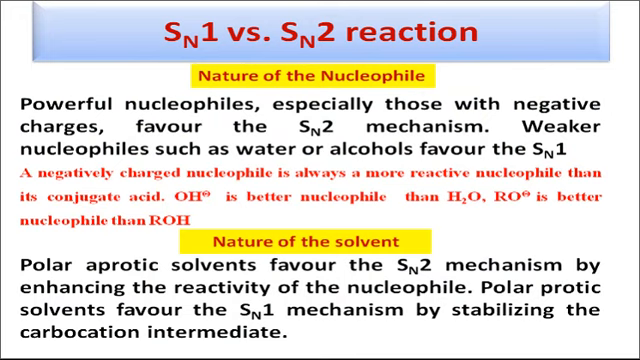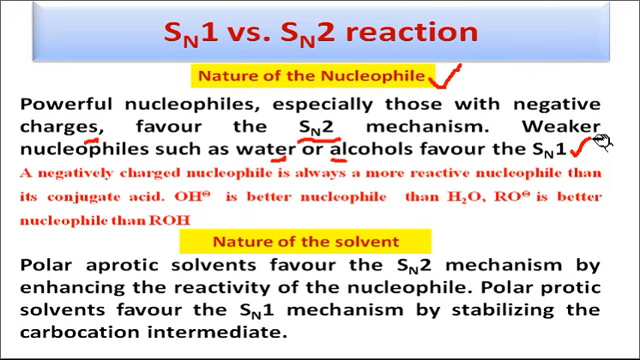Now, the next factor is the nature of the nucleophile. A powerful nucleophile, especially one with a negative charge, favors the SN2 mechanism, because as the nucleophile is powerful, it directly attacks the substrate molecule in the first step only. That is why the SN2 mechanism will be favored. A weaker nucleophile such as water and alcohol favors the SN1 mechanism. Why? Because in this type of reaction, due to the weaker nucleophilicity of the nucleophile, first the carbocation formation takes